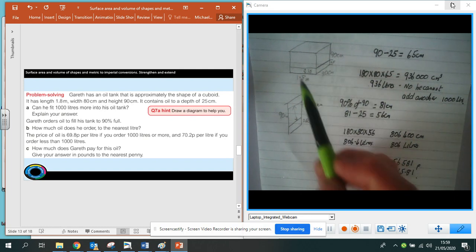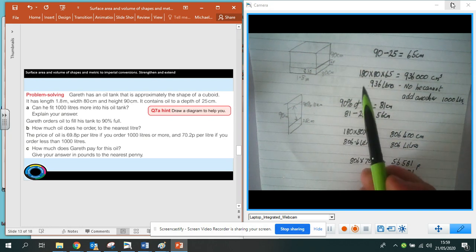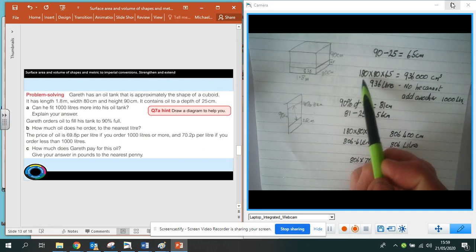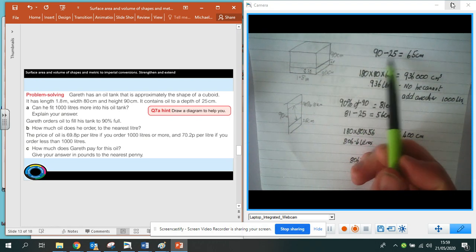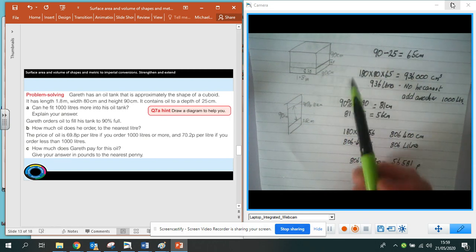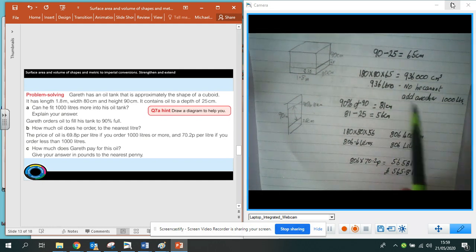So the 1.8 and the 80 are going to be exactly the same. I've turned them all into centimetres again. So the 180 centimetres by 80 centimetres is exactly the same. But what I've found is how much more space there is to fill. Now, if this total length here is 90 and I've already used 25, I've got 90 minus 25, which is 65 centimetres left. So the space that I've got left is 180 centimetres by 80 centimetres by 65 centimetres,